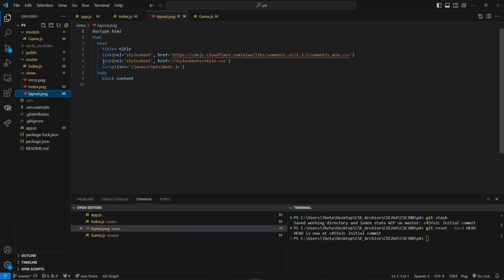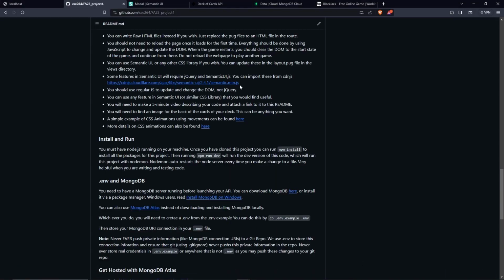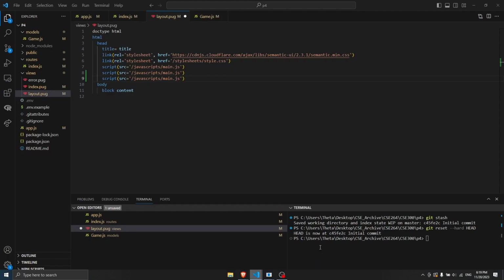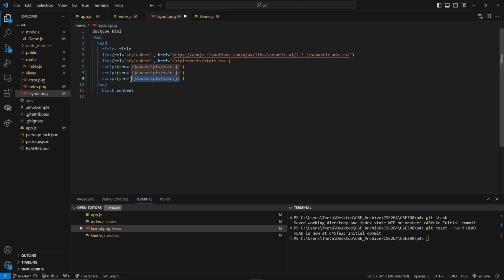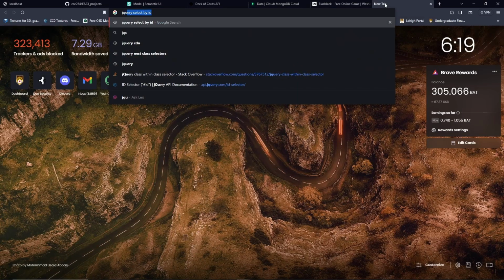How that will look is, in your layout.pug file, you have your script which points to main.js. That's all fine and dandy, so we're just going to add two more of those. And then we're going to replace one of those links with our Semantic link, right? And then we also need to import jQuery. And that link isn't provided in the repository, but what you can do is